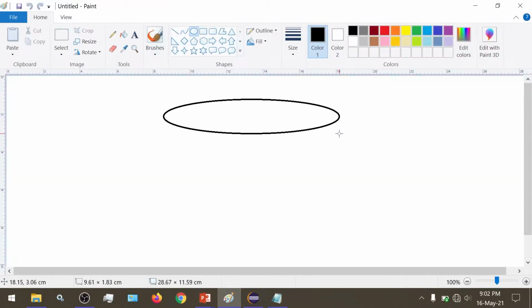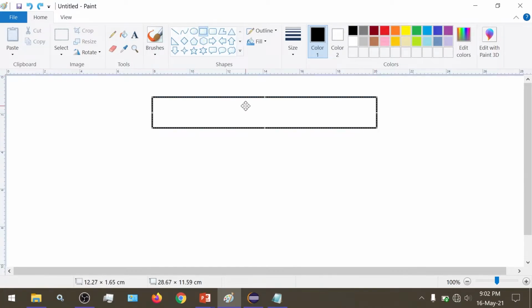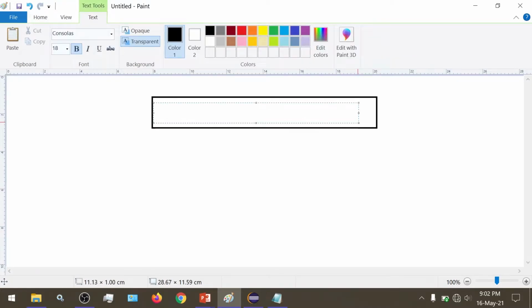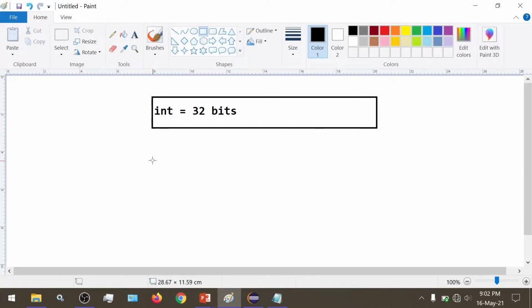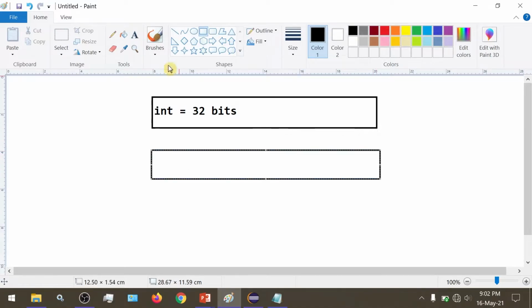As we have seen, the int data type occupies 32 bits of memory. So int is 32 bits, all numbers of type int are 32 bits in memory size, and long takes 64 bits.